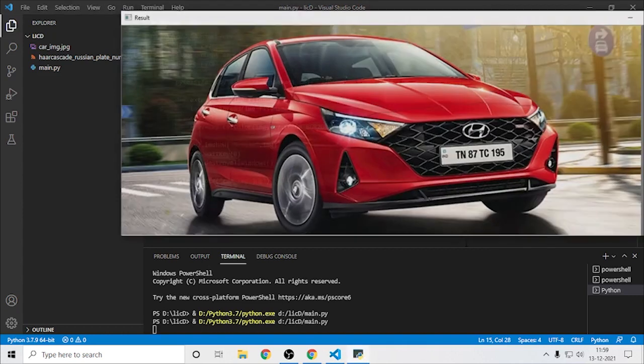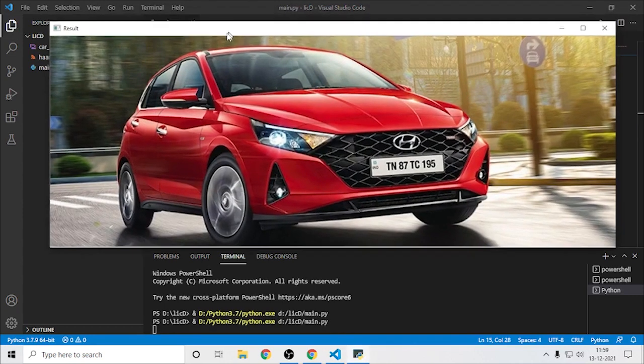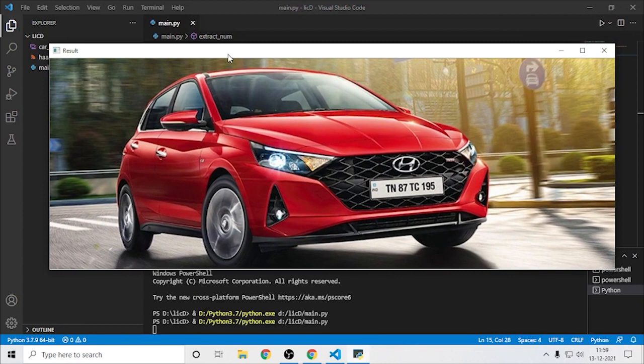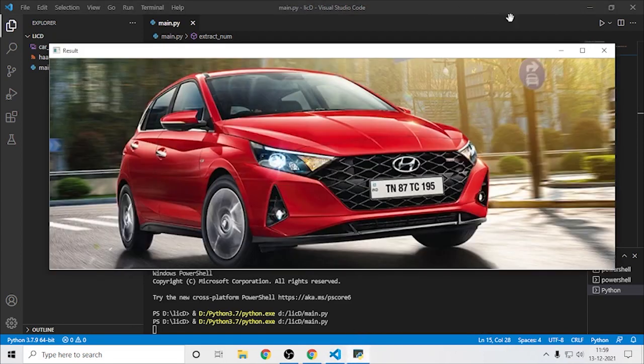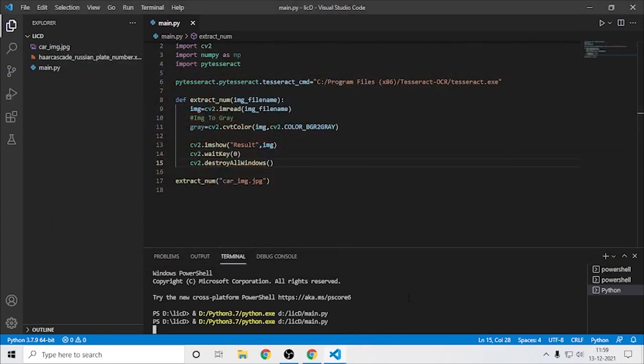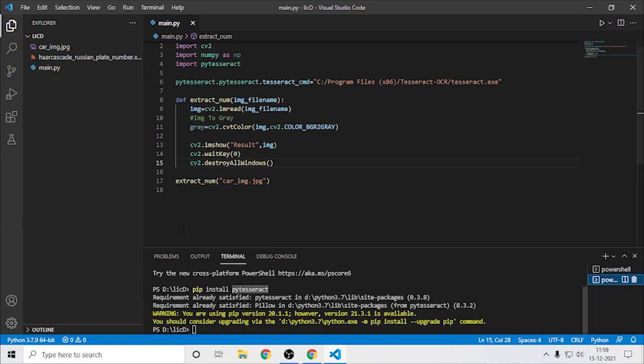Okay, there we go. So guys, it has a very fast performance. Okay, so to exit this, you can just close it, and right over here it will not exit, you will have to terminate it. Okay, so to fix it, what you can do is say here, if cv2.waitKey is equal to 113, then